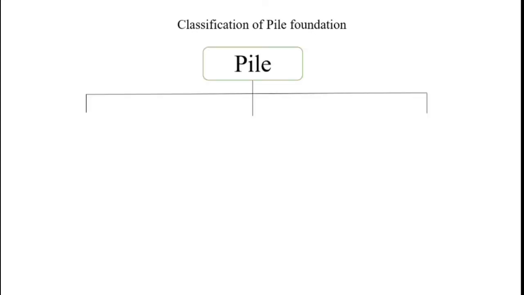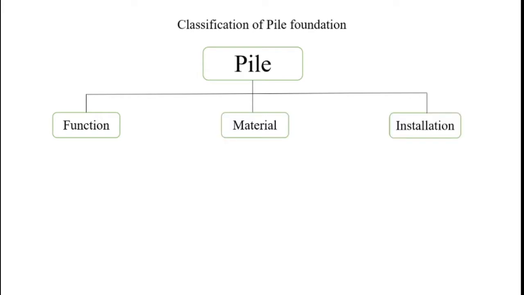So there are multiple ways to classify pile foundation, but there are three important categories on the basis of which you can classify various types of piles. These categories are classification of pile based upon function, based upon material, and based upon method of installation. Out of these three, probably the most important ones are the function and installation. So in my video series, we'll only talk about function and installation process. We'll not go into much detail about the different types of material.